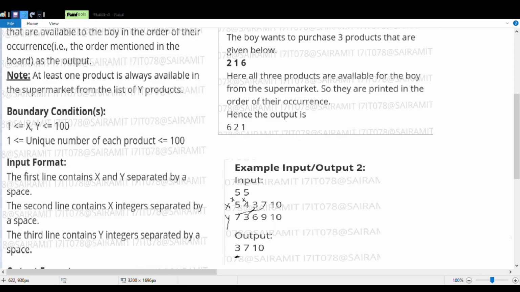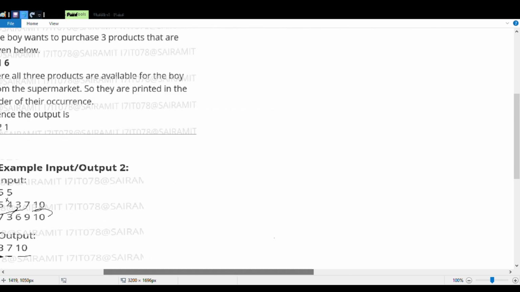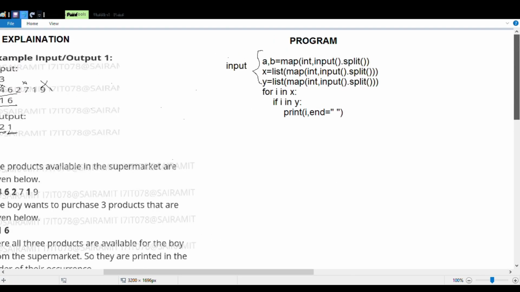We are checking for 7. Yes, 7 is present, so we are printing 7. 10 is also present, so we are printing 10. Okay, I hope we are clear with the concept.